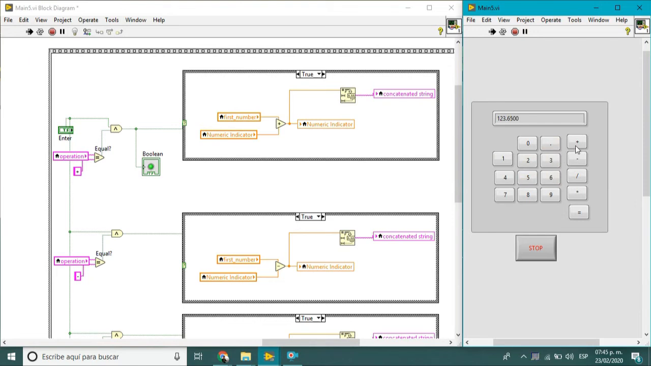123.65 and then plus 58.9651 and hit enter, we see the result. Then we can divide it by 36.9 and hit enter, we see the result, and then we can multiply it by